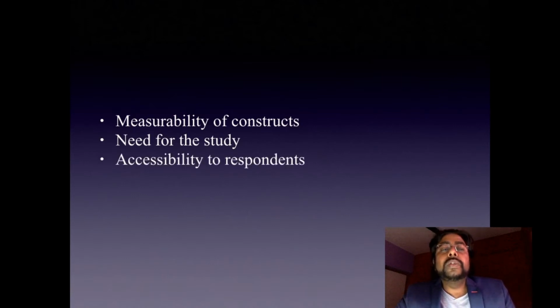Then we move on to the third point, and the third important thing is accessibility to respondents. So sometimes we choose a topic without fully understanding the factor with regard to accessibility to respondents. We think that, okay, I will choose a topic and then I'll find the respondents on my own. That's a big mistake. So a lot of students choose groups of people that are very hard to get onto, very hard to collect data from. They're very rare and they're not easily accessible.